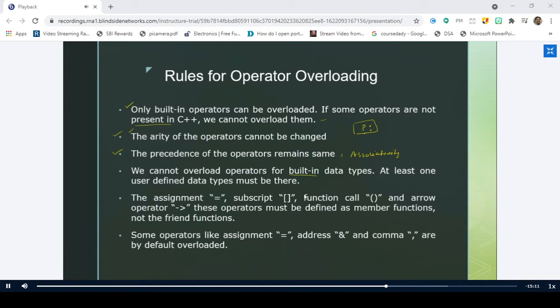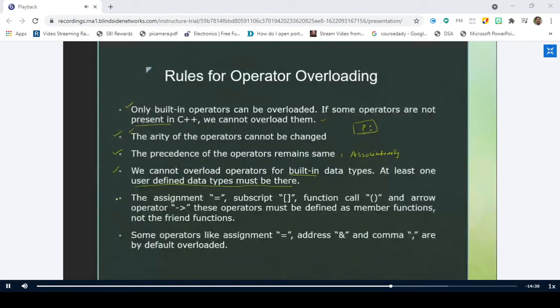At least one user-defined data type should be there. You cannot write a special code to change the meaning of the operator on the built-in data types.